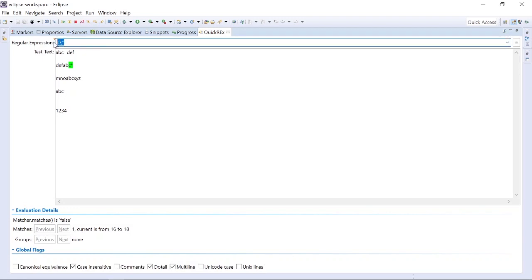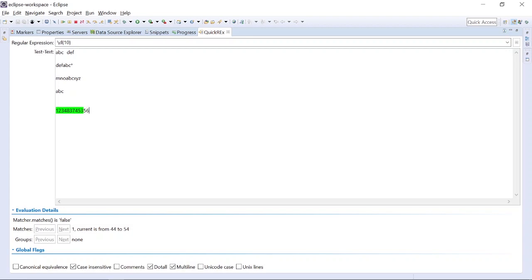I can write here /d star or /d plus. Now even if I increase the number, it will be matching. There are various cases where you need to restrict the number of digits. For instance, in case of your mobile number, we know that our mobile number is of 10 digits. So we can restrict it using curly braces and give a value as 10. Now if the value is 10, then only it will be matched. If I increase the value, it will not match the other one.